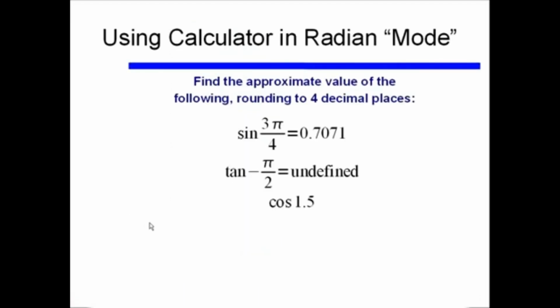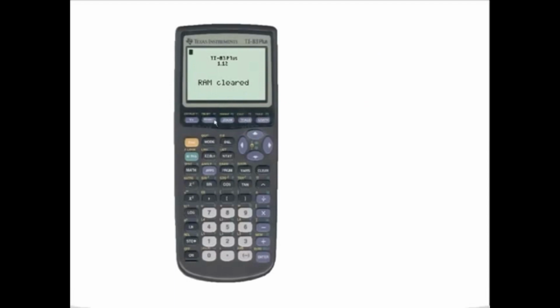Alright, what about this cosine of 1.5? This is something I guarantee I will have some students make a mistake on the exam. If I say cosine of 1.5 and you do not see a degree symbol, that means I'm talking radians. Radians do not have to have that value of pi in there. Cosine of 1.5 means 1.5 radians. So let's go to my calculator and let's see what happens. Yes, I'm in radian mode. Cosine of 1.5 is equal to